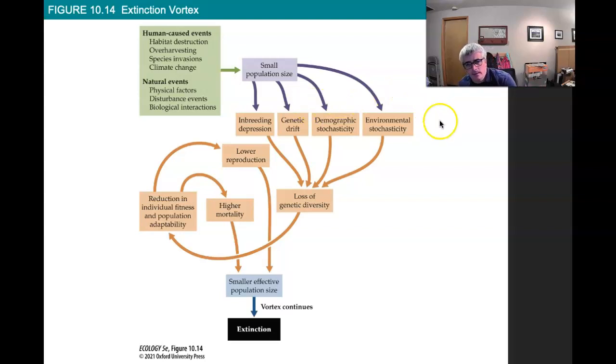All of these things lead to loss of genetic diversity, which can reduce individual fitness and the population's ability to adapt, impacting future adaptability. This can lead to lower reproduction, which leads to a smaller effective size, and it can also lead to higher mortality, which leads to a smaller effective size and eventually extinction. So all of the small population size impacts are generally bad,